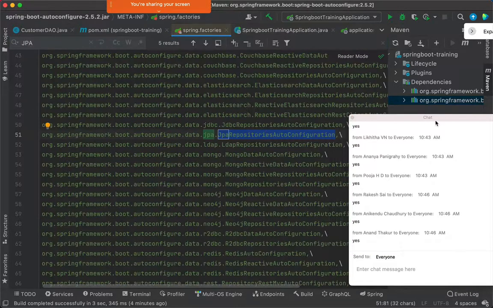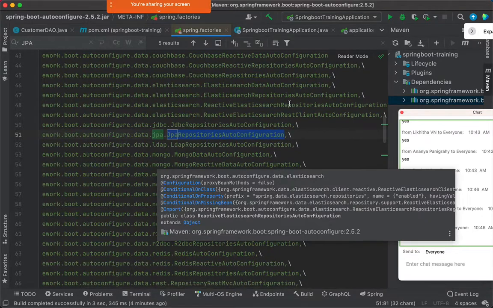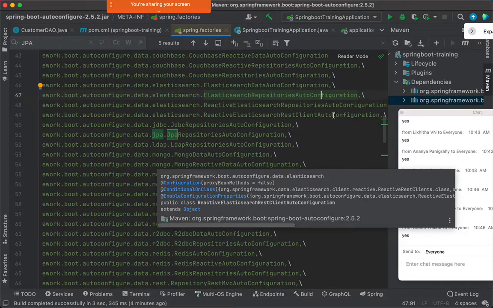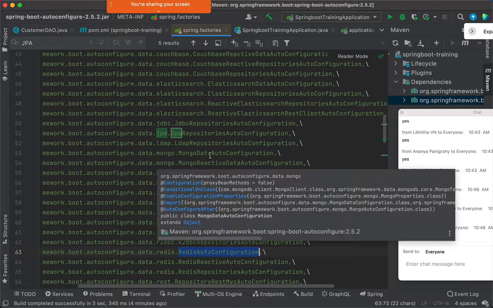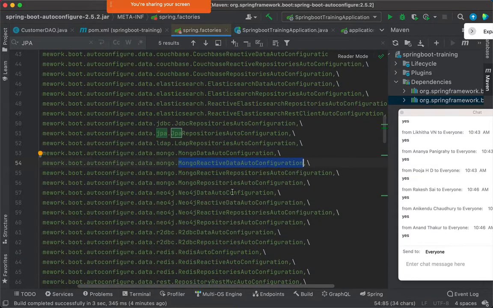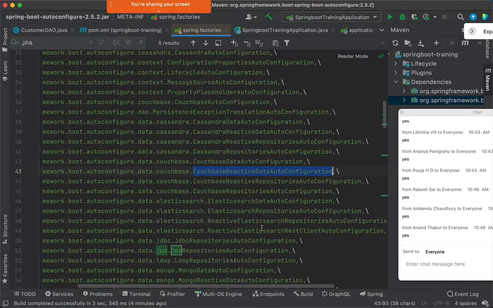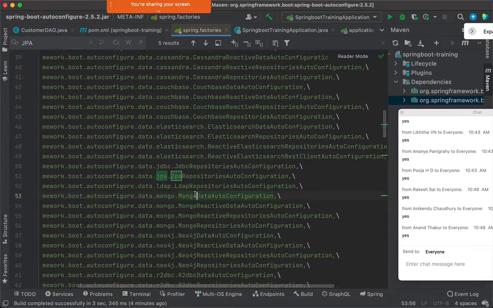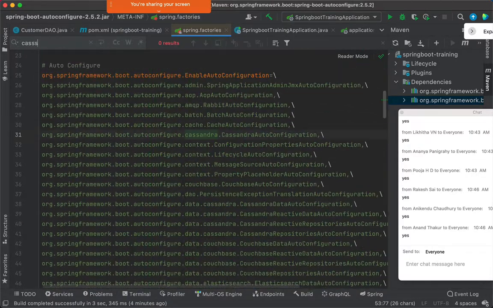Now I would like to take you back. There are so many frameworks, tools, technologies out there in the market. You have got Redis database, that's also one type of in-memory database. Then you have got Mongo database, you have got Neo4j, you have got Couchbase, you have got MongoDB, right? You do know about MongoDB for sure. That's very famous. You do have Cassandra. This is yet another database.